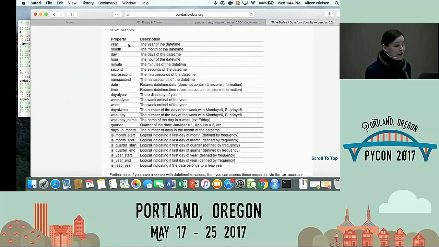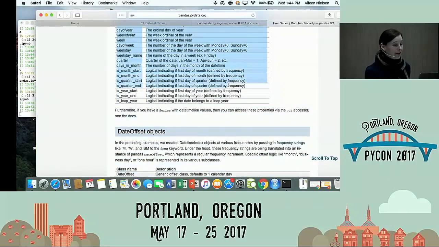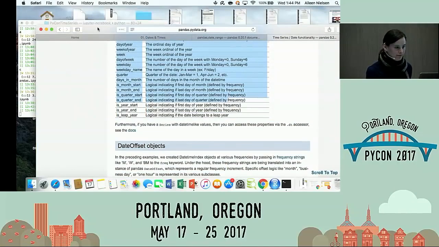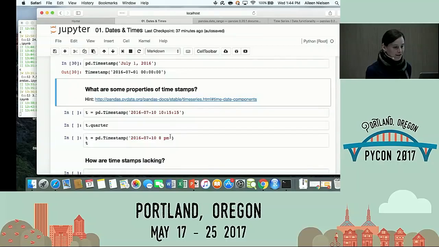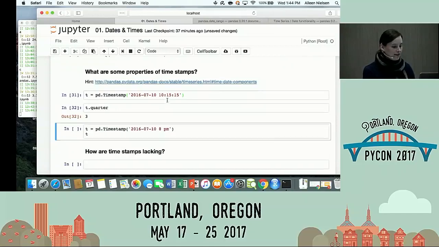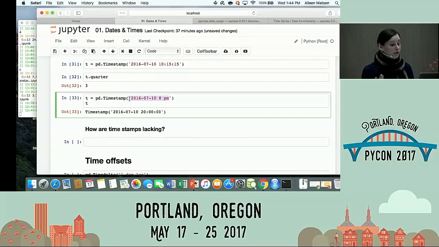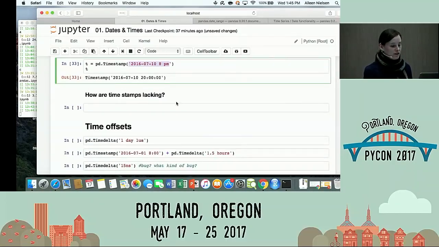So I can get a day of the week very easily with .day of week. You can also get day of year, right? So if you find that people behave seasonally, it's very easy to match these things up rather than having to compute it yourself. So that's very, very handy. Whenever you're wondering, how do I get this thing? Chances are that Wes McKinney and the other folks working on Pandas have already put it in for you. So those are timestamps, right? Just to give you a demo, what's the quarter? July 10th apparently is the third quarter. And this is just an example of a really smooth interpretation of the data.